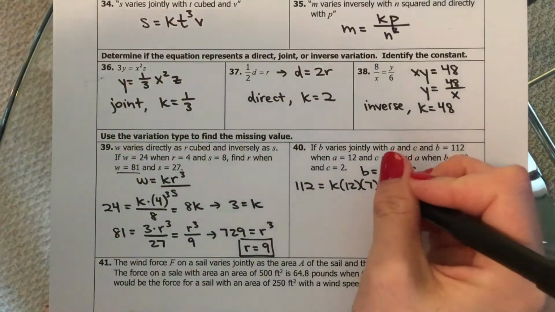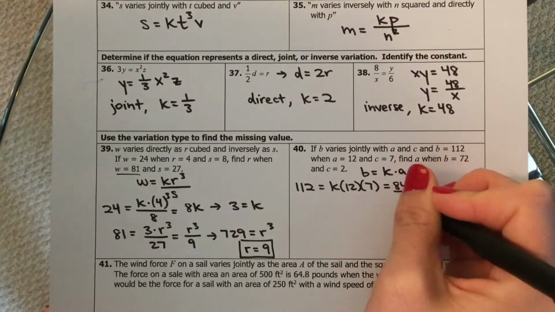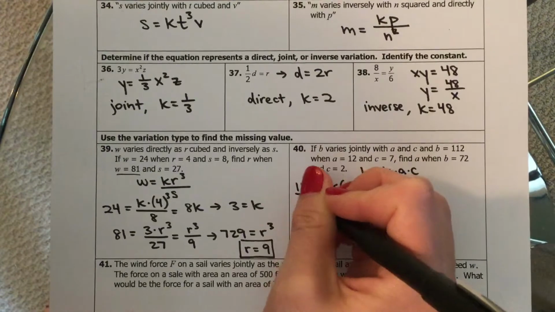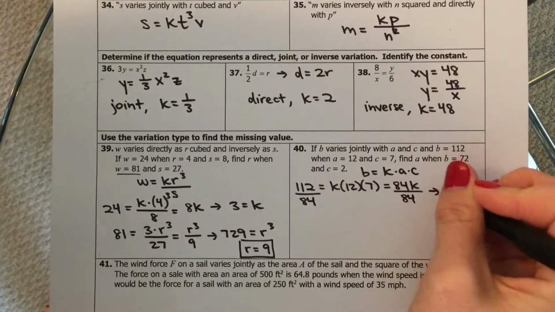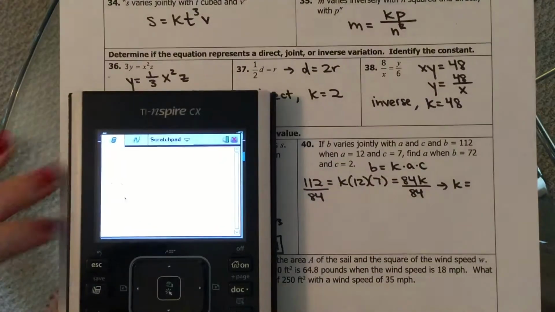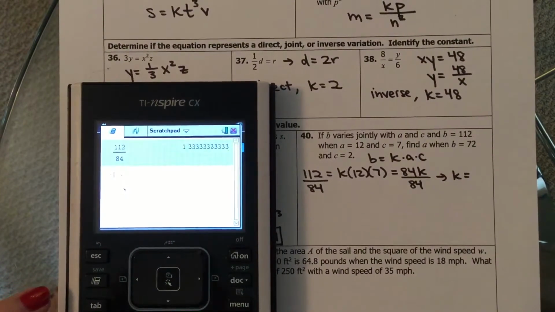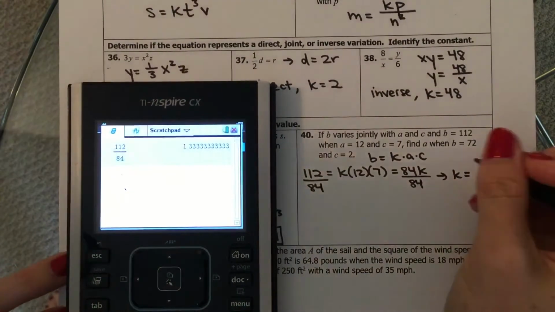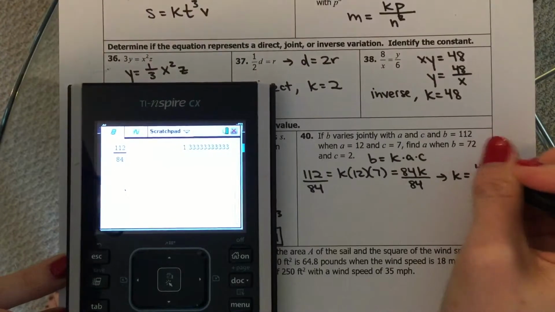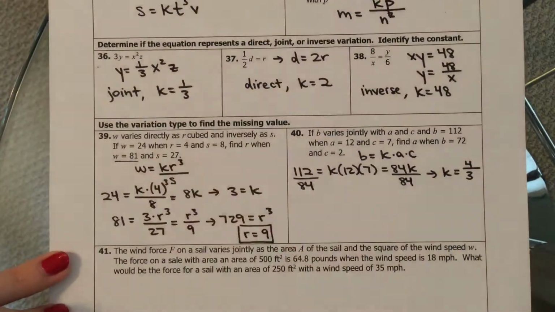So 12 times 7 is 84. So we divide both sides by 84 to get a value of K. Okay, so I think we're just going to go with a decimal here. So just to show you my screen, 112 divided by 84, we get 1.3 repeating. So 1.3 repeating we know is 4/3. That actually might be a better way, just to stick with the fraction,